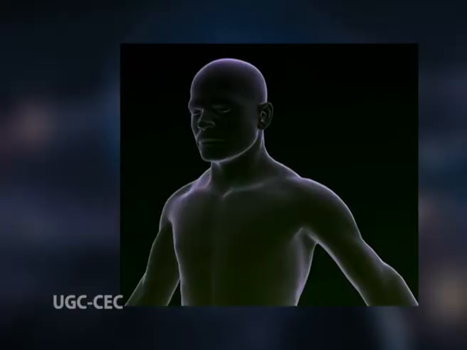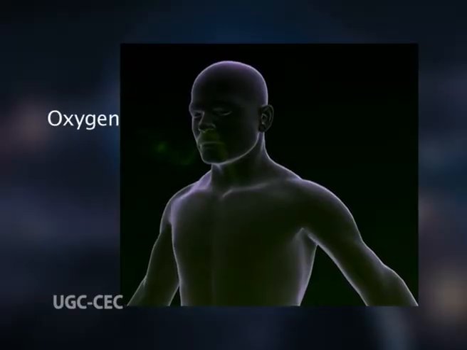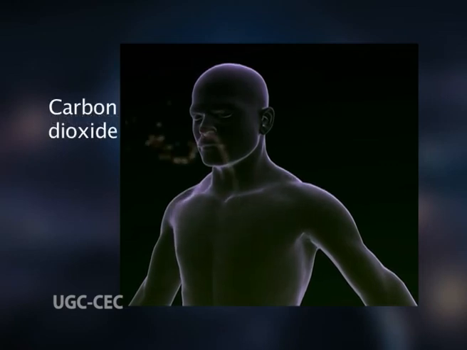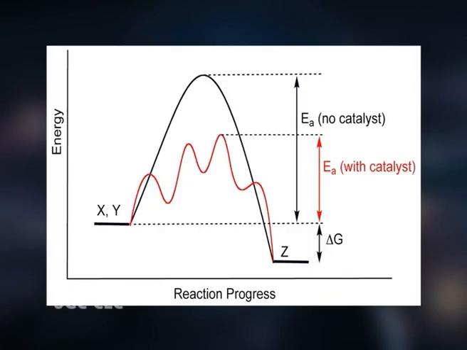All around you, molecules are changing and rearranging their atoms in chemical reactions to form new molecules and new compounds. When you breathe in oxygen, it goes through a chemical change inside your body and forms a new compound, carbon dioxide, which you breathe out. Catalysts are special types of molecules that speed up chemical reactions but do not actually change themselves. They are used, for example, in catalytic converters in cars.